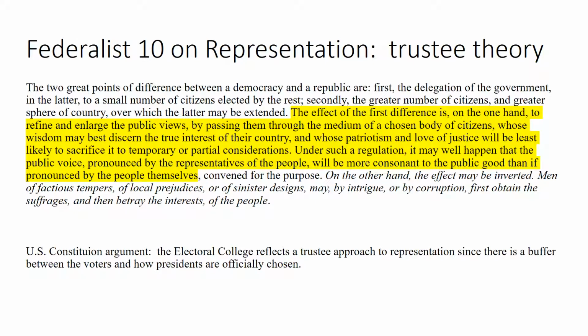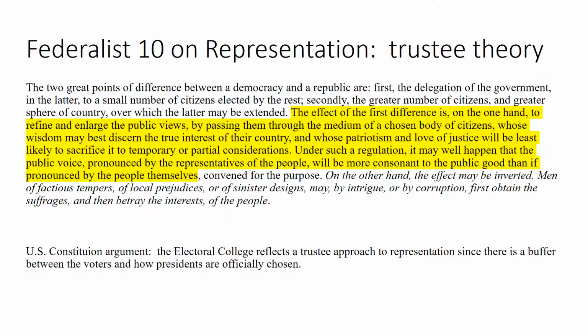Of course, in Federalist 10, Madison is making a very different argument, which is if we leave government to the local populations, they're going to have a very narrow point of view, and they are going to become a threat to society. This majority faction is going to be able to tread on the rights of the minority. The local prejudices and factious tempers are going to be a greater threat if we have a small scale of politics. And so it's better if we widen the range of representation and expand the size of the republic,